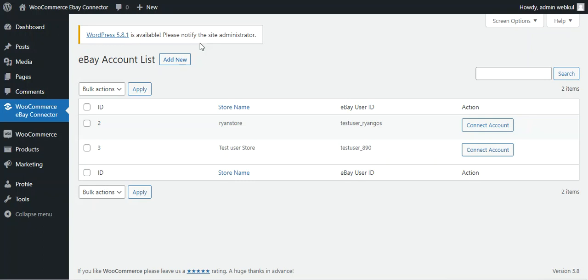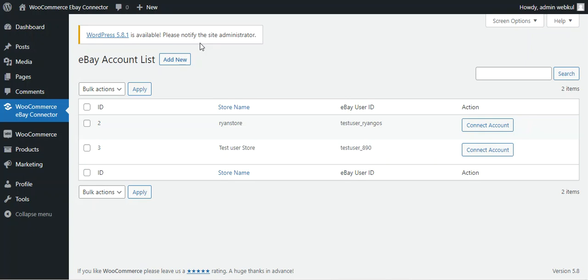Now this particular plugin will connect your WooCommerce store with the eBay marketplace, and using this plugin the WooCommerce store admin will be able to import products, categories and orders from eBay to the WooCommerce store. Apart from that, the admin can map the eBay categories with the WooCommerce categories as required, and the admin can also export the product data and create listings on eBay from the WooCommerce store. The admin will also be able to provide the eBay conditions, specifications, refund policy, and the shipping details for the exported products as required.